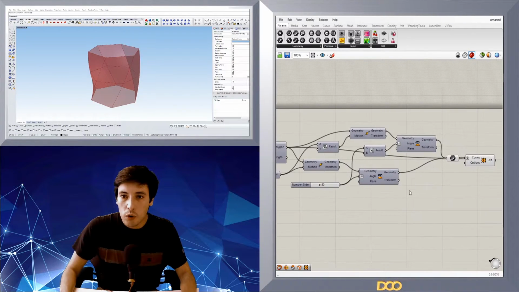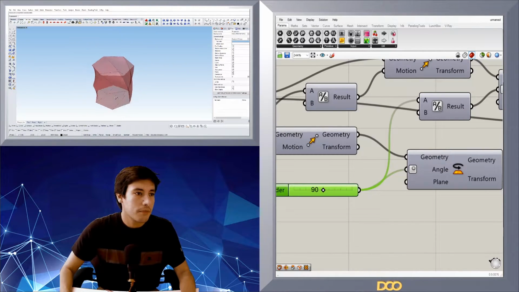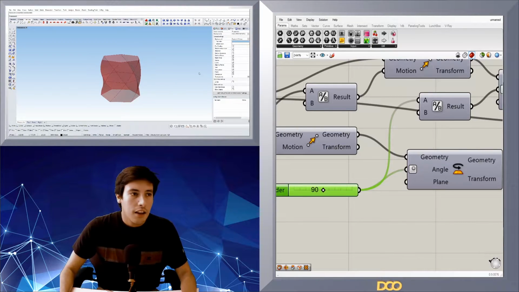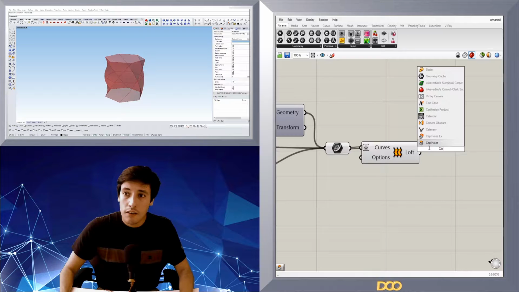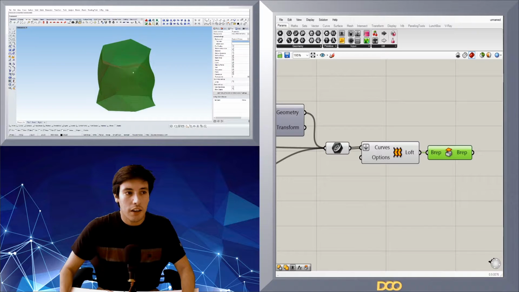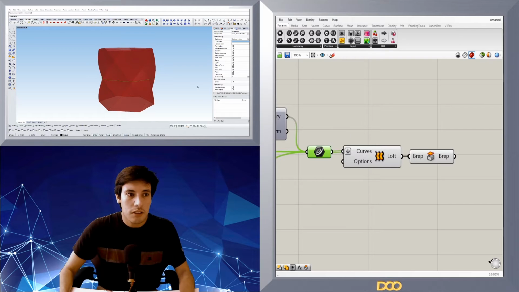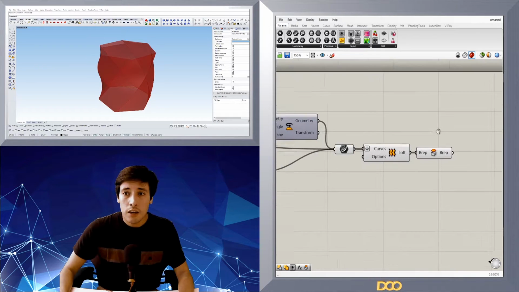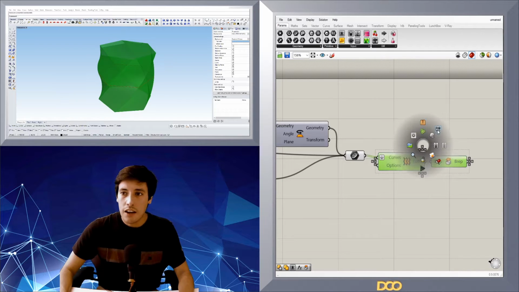Okay, so now that we have this form, let's leave this actually rotated at 90 degrees because that'll give us kind of a nice form. And actually now what we could do is we take this loft and we cap it. We can actually just take this and print it on base mode and get one form, and if we just offset these curves and do the same and do the tolerance amount, we can just create the lid. So it could be this easy to create that twist open and close if we just take this and hide it and we offset